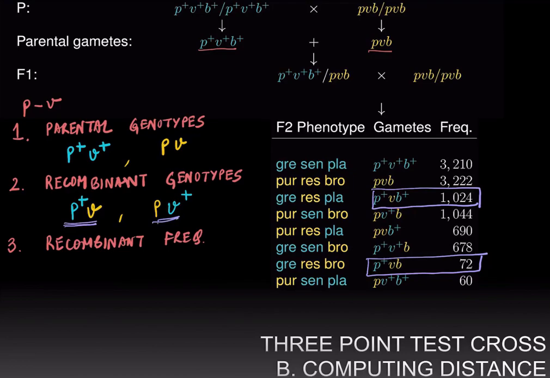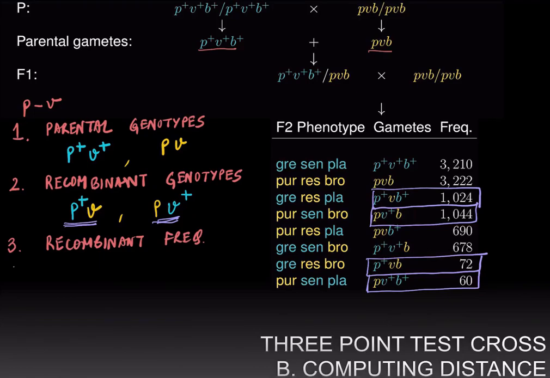Also, anything which is PV plus is a recombinant genotype, and we find there are two of them there, PV plus here and PV plus here. And so the distance can be computed by adding up how many